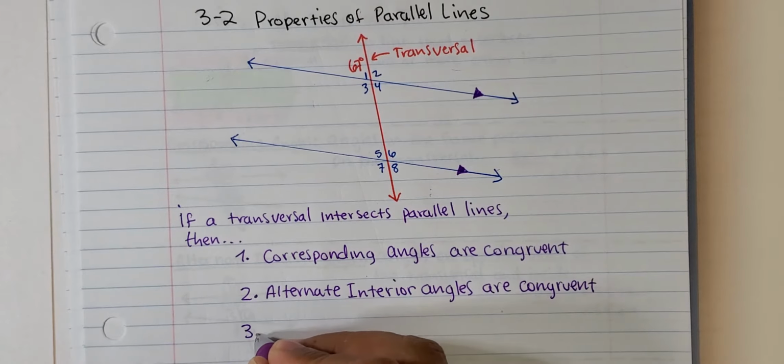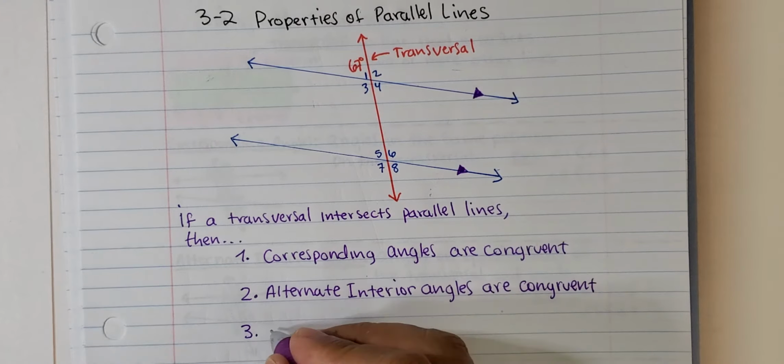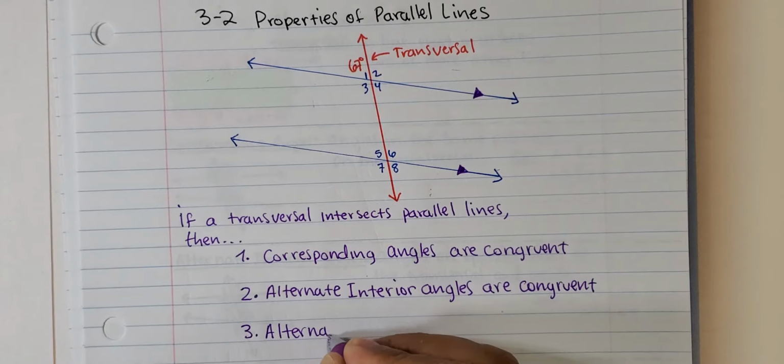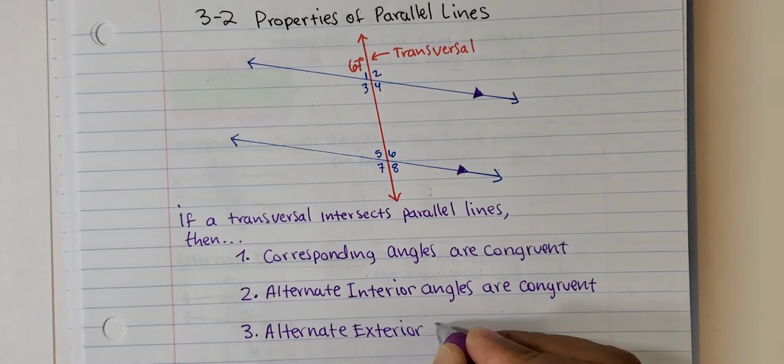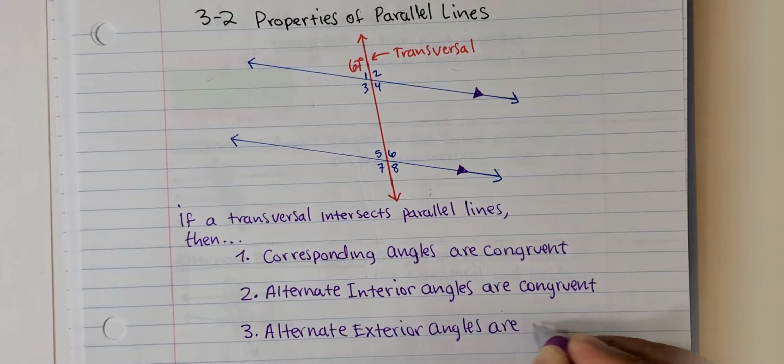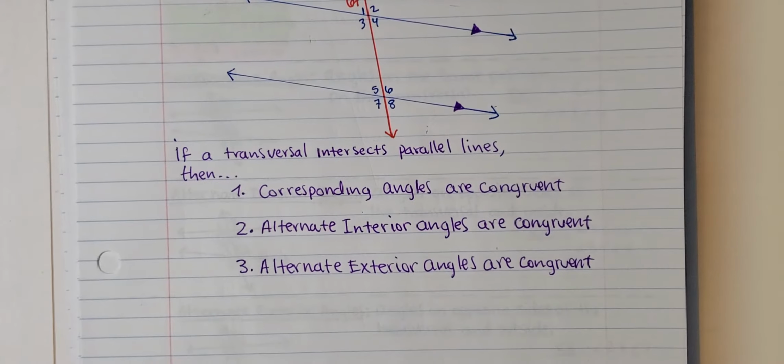Another property, this one says that alternate exterior angles are congruent. And the last property,